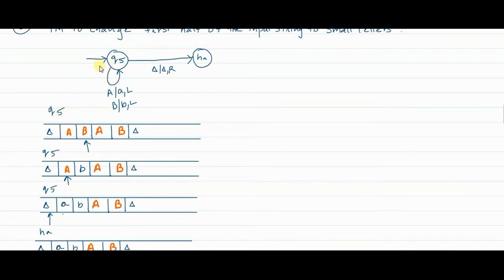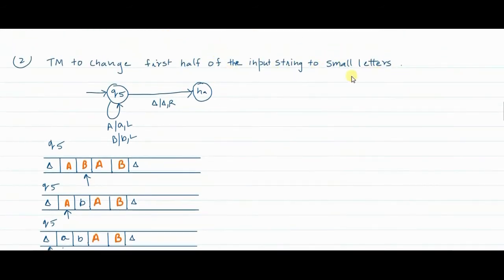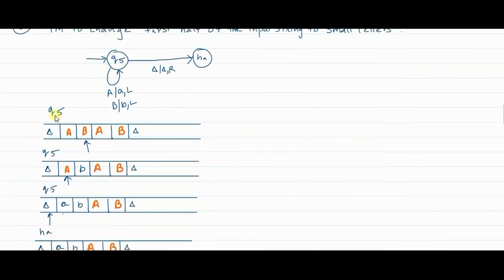Now what this Turing machine is doing is simply converting the first half. The pointer is pointing here at the end of the previous calculation. But how will the Turing machine distinguish which is the first half and which is the second half? So this Turing machine simply changes the first half of the input string to all small letters. Okay, let's see. We are in Q5.